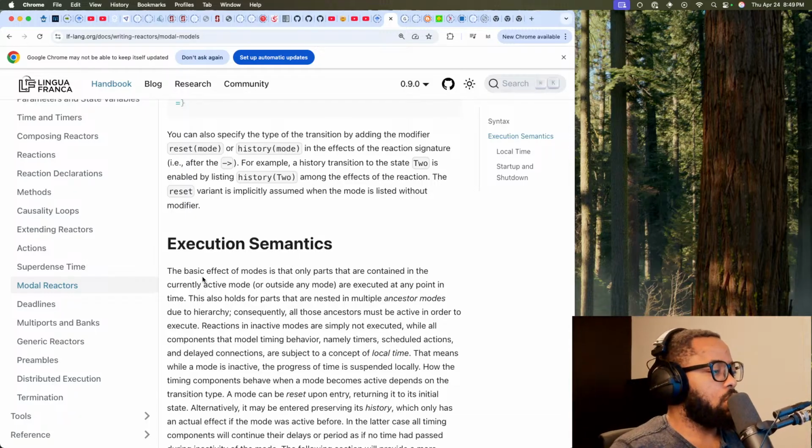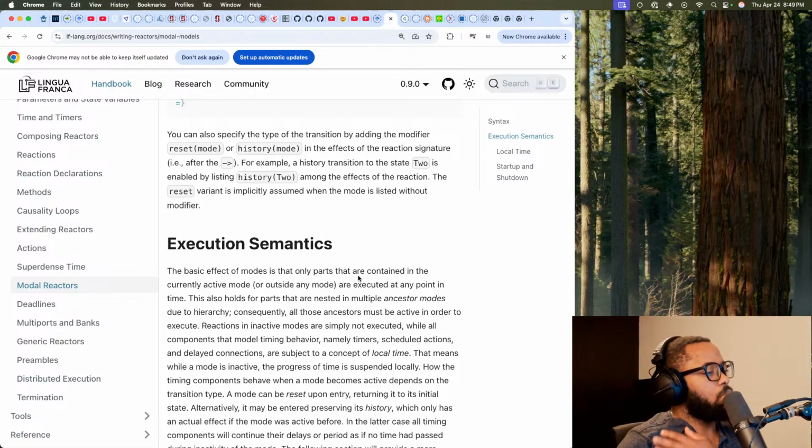Execution semantics. The basic effect of modes is that only parts that are contained in the currently active mode or outside any mode are executed at any point in time.